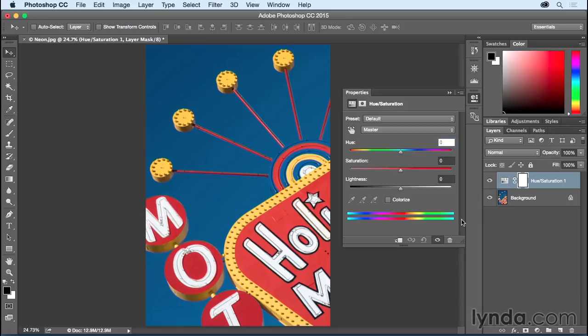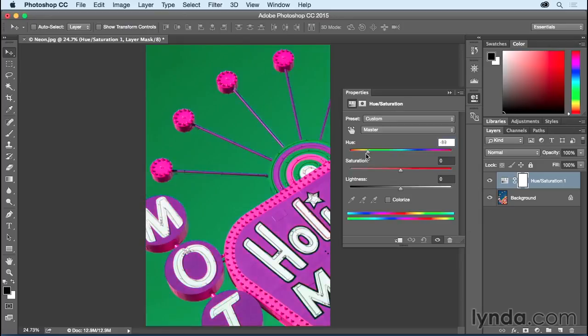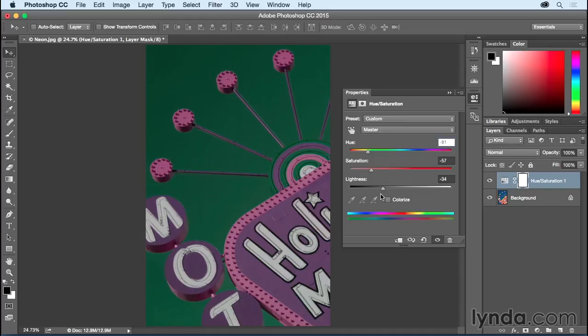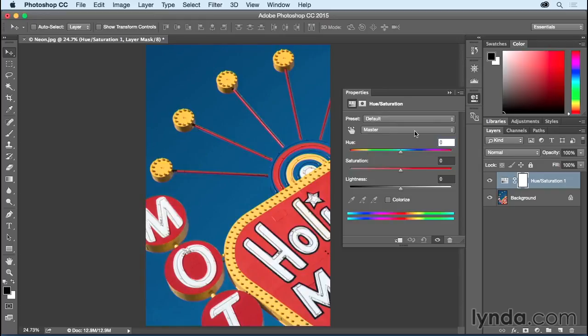If I want to change all of the values at once, I can simply move the hue slider or the saturation slider, or even change the tonality with the lightness slider. The reason that all of the colors are changing is because I have it set to the master. Let's reset that, and instead, from the drop-down menu, I'm going to select a specific color range, in this case